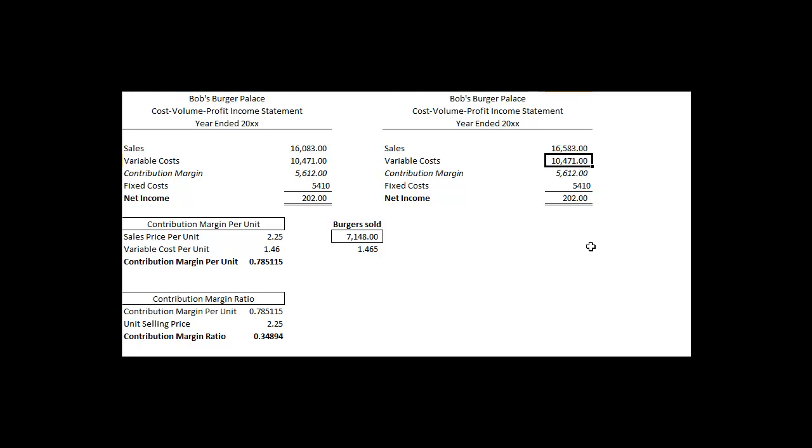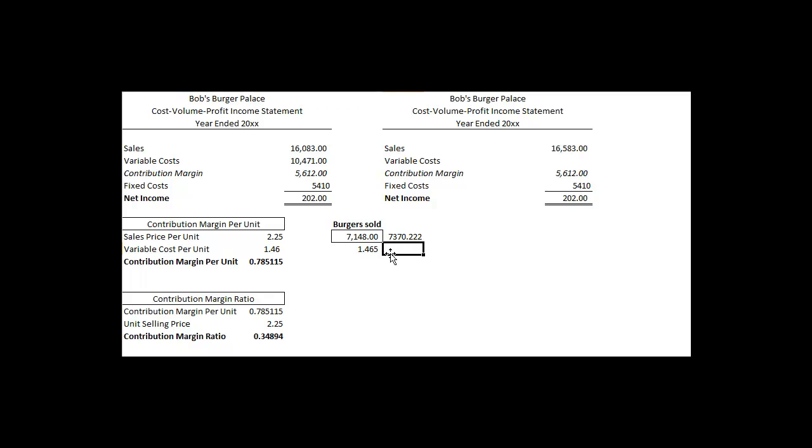Well, my variable cost per unit, this way's getting kind of long, but how many hamburgers is that? Well, the burgers sell for $2.25 a piece. We'll pretend I didn't increase my price. That means I sold